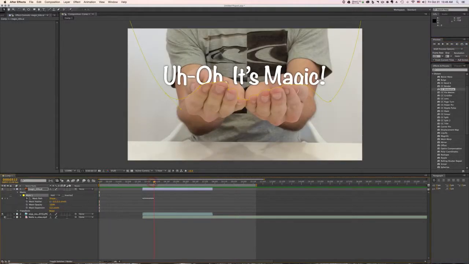And then so maybe we want to remove our mask completely on this frame, and